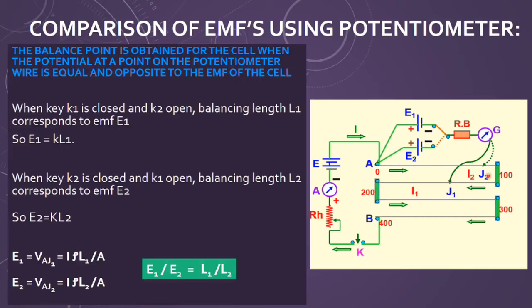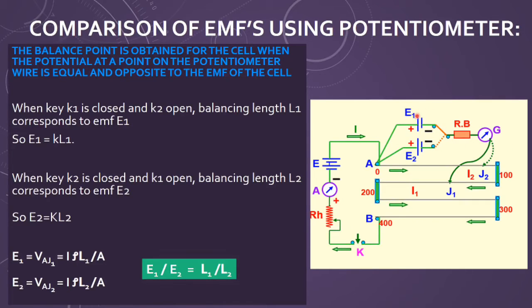Copper strips are there simply to give you less resistance at the ends, and you can find it either by using these two equations or by the basic formula. So what is happening, I think you all have understood. At this point J1, the potential drop of this wire becomes equal to the potential drop given by the basic circuit or the primary circuit, and that is why you are getting null deflection.